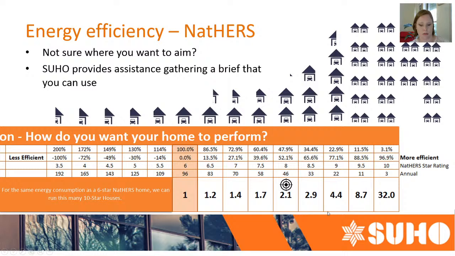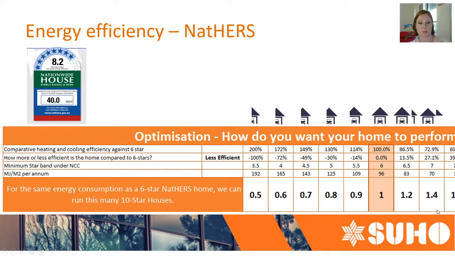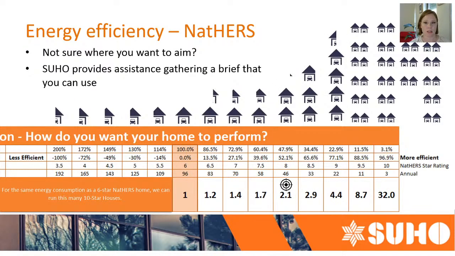What we've got down the bottom here as well, actually I'll go back to the other one. So what we've got down the bottom is exactly that, it's explaining that. So it's taking the predicted heating and cooling loads according to the certificate and showing against the 6 stars how many 10-star houses essentially could be built against that 6-star benchmark, or how many 5.5 stars we could build for that 6-star energy consumption. And it's interesting when you get to this slide because it really shows as you get up above that minimum standard,